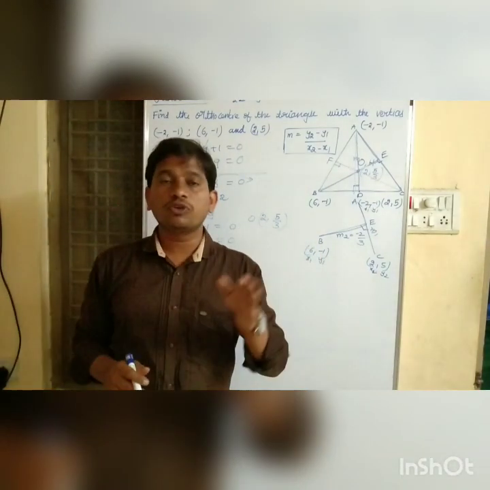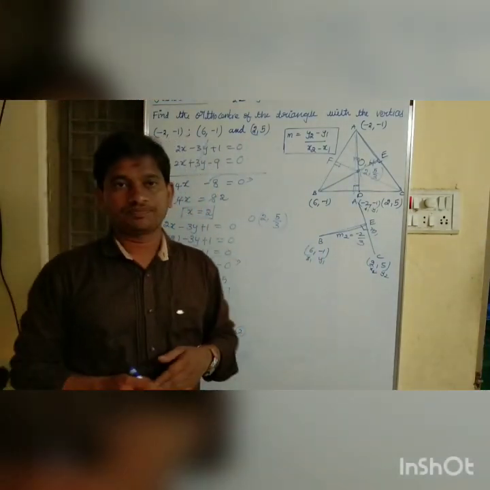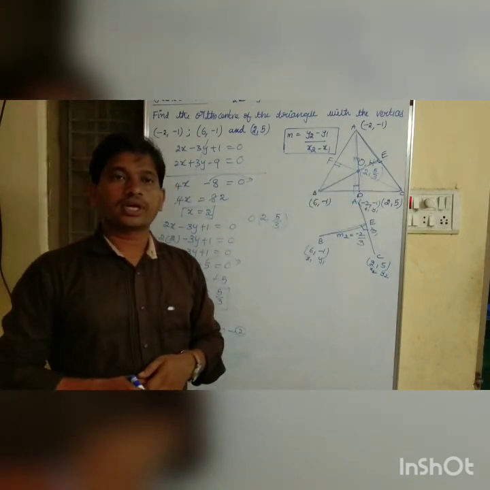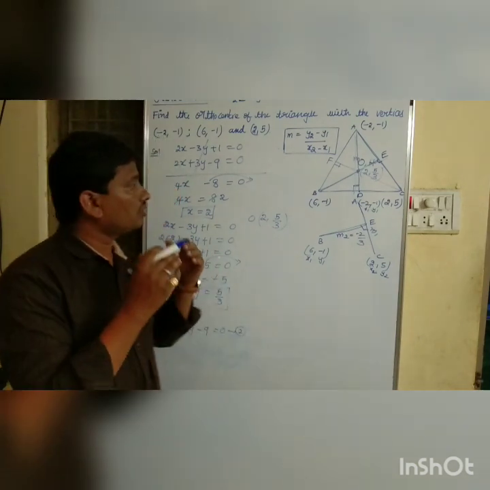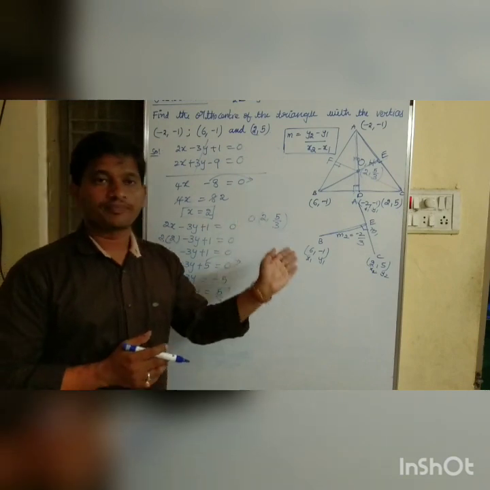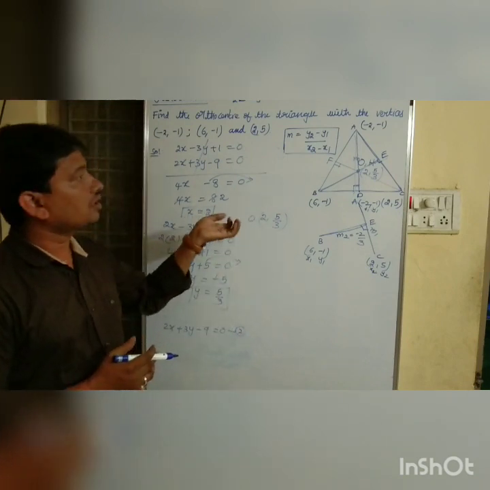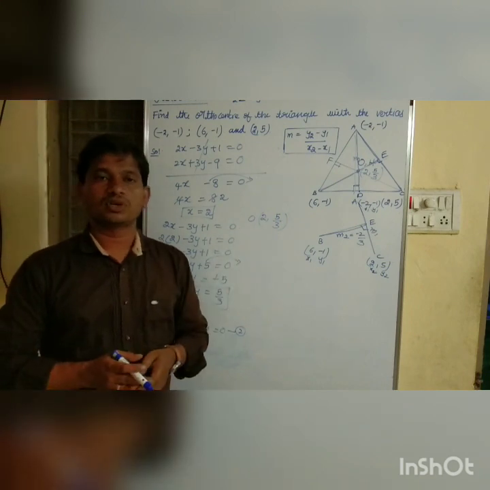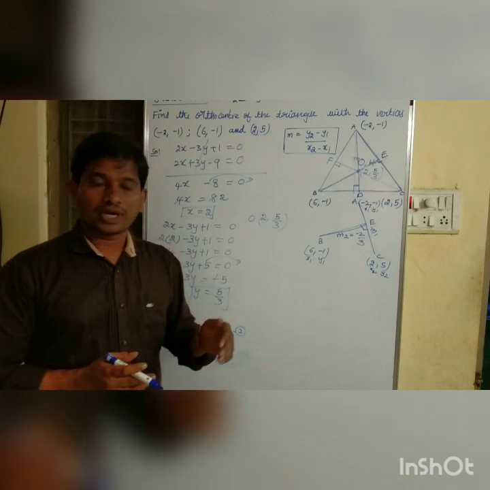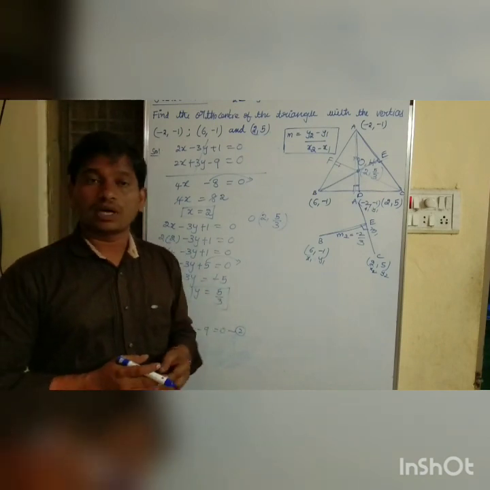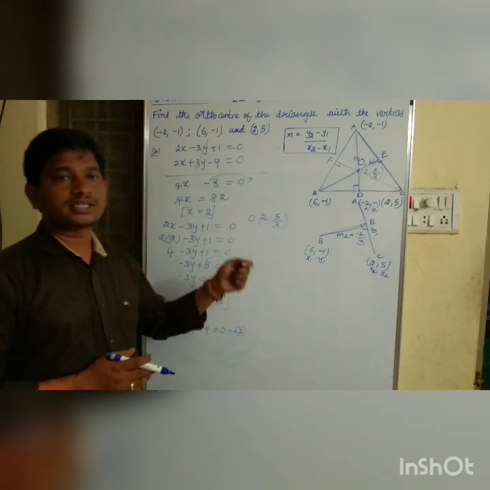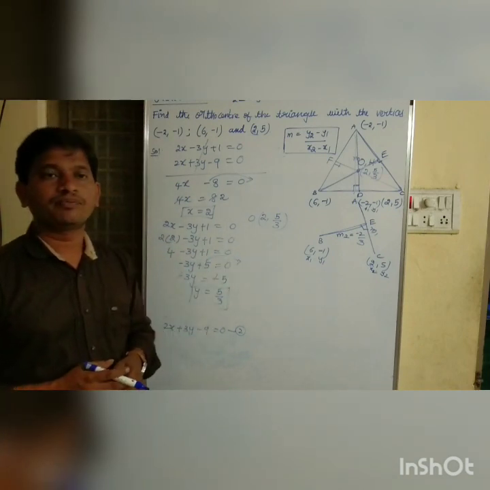Until and unless you practice, you can't do it. Children, we can also find the concurrence using CF as well. So practice, then only you can do these sums easily. Okay children, I hope you understood the concept of orthocenter. Try to practice one more sum or problem, so that you get more practice on this session. Thank you children.